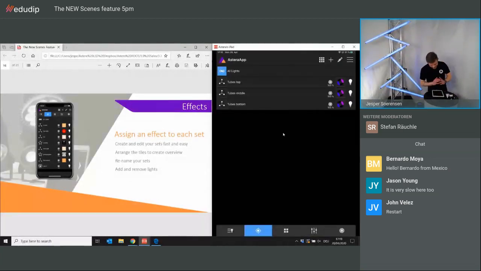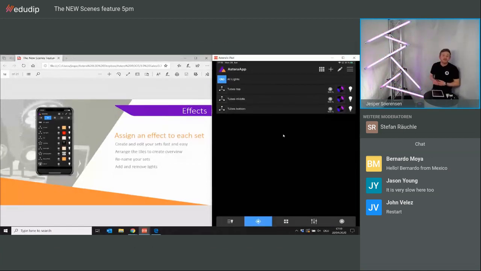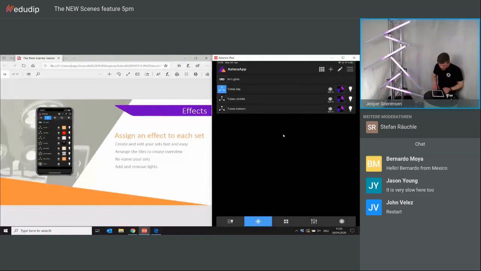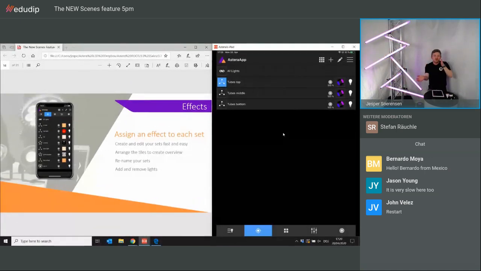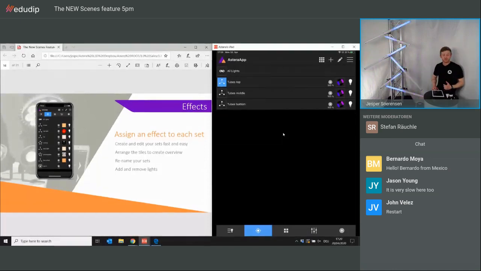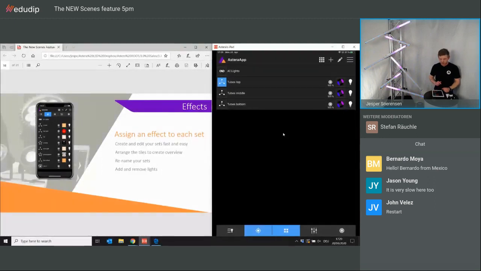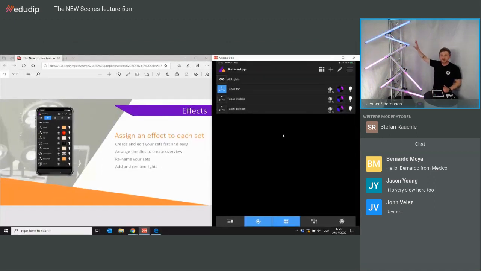Sorry. Okay, let's continue. So after predefining the effects, we need to assign an effect to each set. So let's start with the tube's top. You also see it highlighted just now. And then we will have to go swiftly a little bit back and forth between the program page and the target page. So now we assign here, going to the program page, for instance, a blue P right here now,